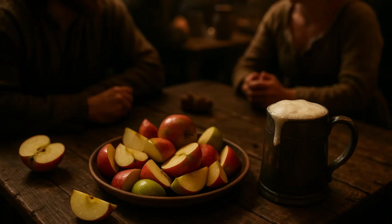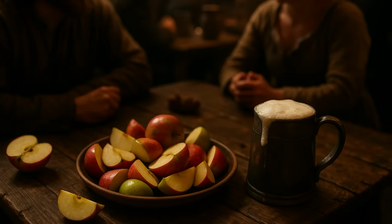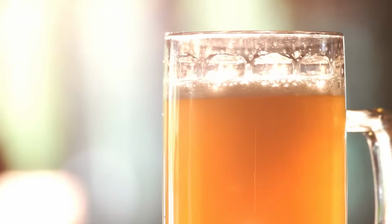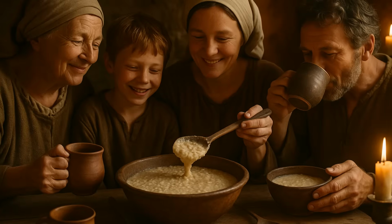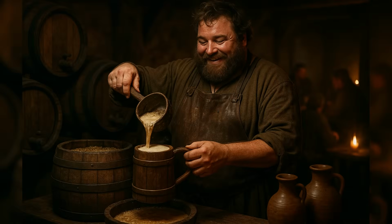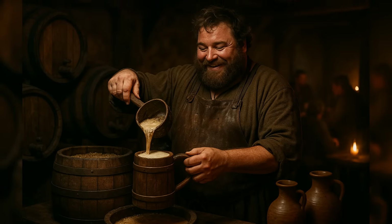Apple pieces were particularly popular as they complemented the malty taste of the ale and added some natural sweetness. The consistency could be adjusted based on preference and available ingredients. Some families preferred it thick enough to eat with a spoon, while others made it thin enough to drink like a warm beverage. It was the medieval equivalent of adjusting your coffee strength, except your coffee was made from fermented